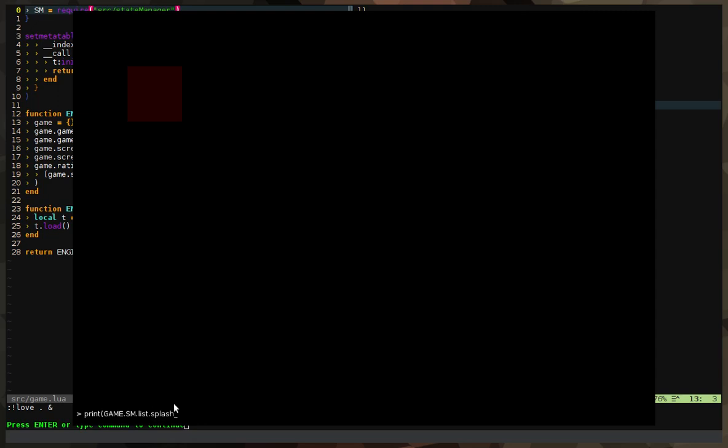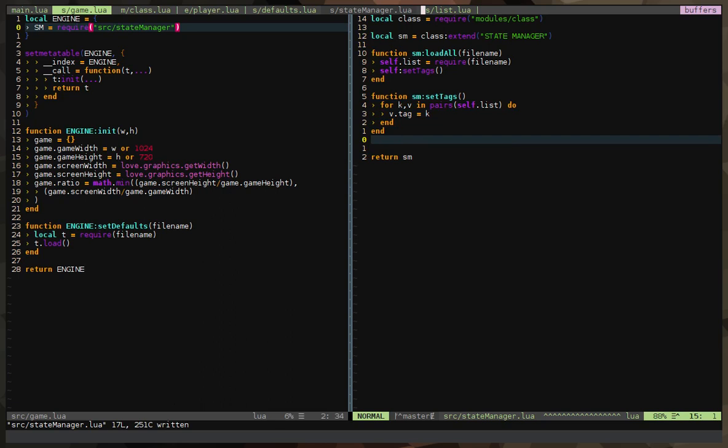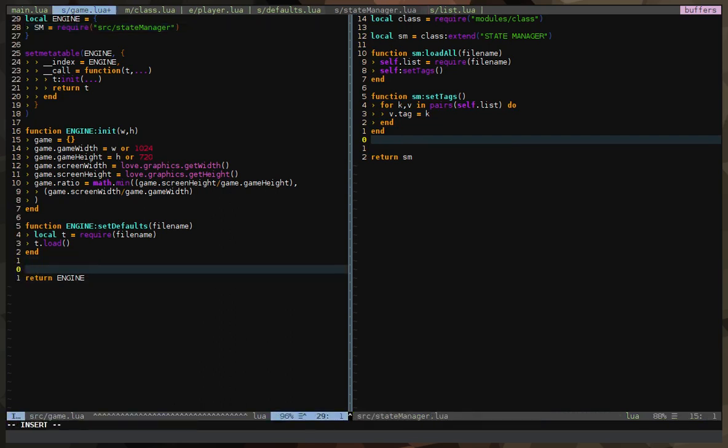So if we print splash, it's a table. Okay, so basically you can put this code here, no need to make a separate function, but still we're going to. Okay, so in our engine class we need something like a function that switches